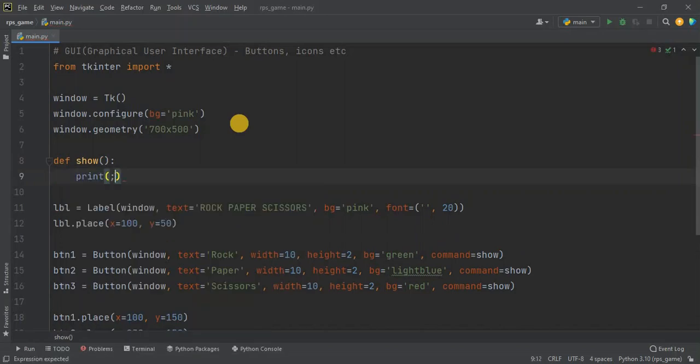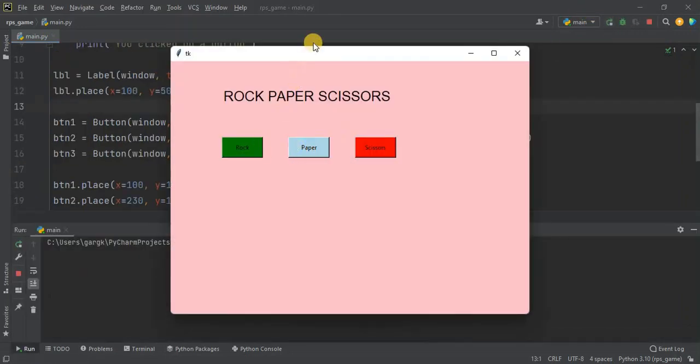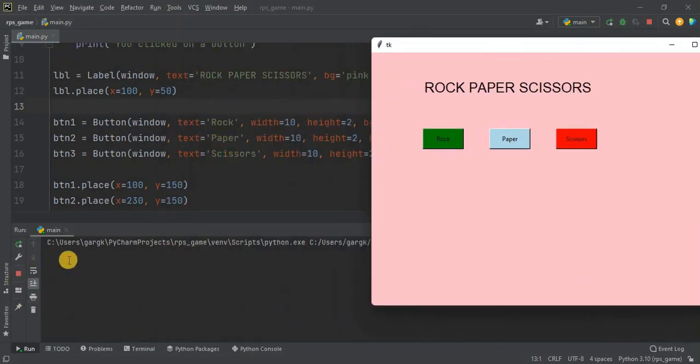It won't take any parameter and I will say print, you clicked on a button. Nice. Let's try this out.